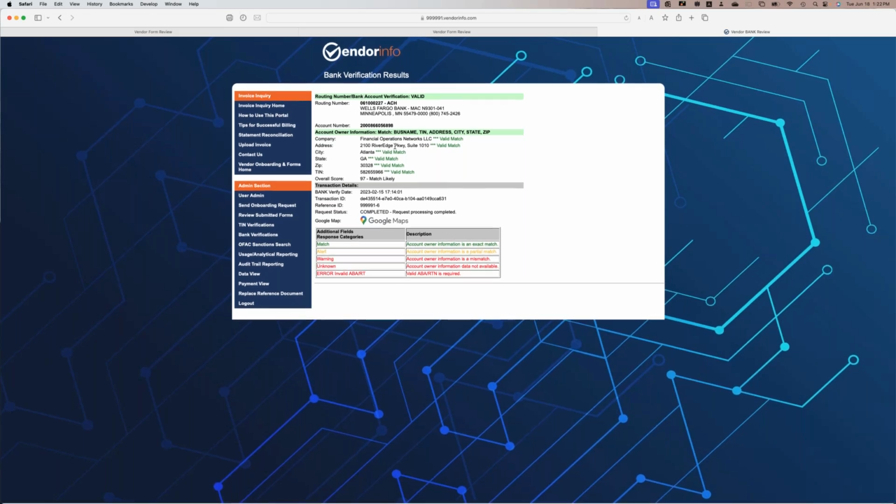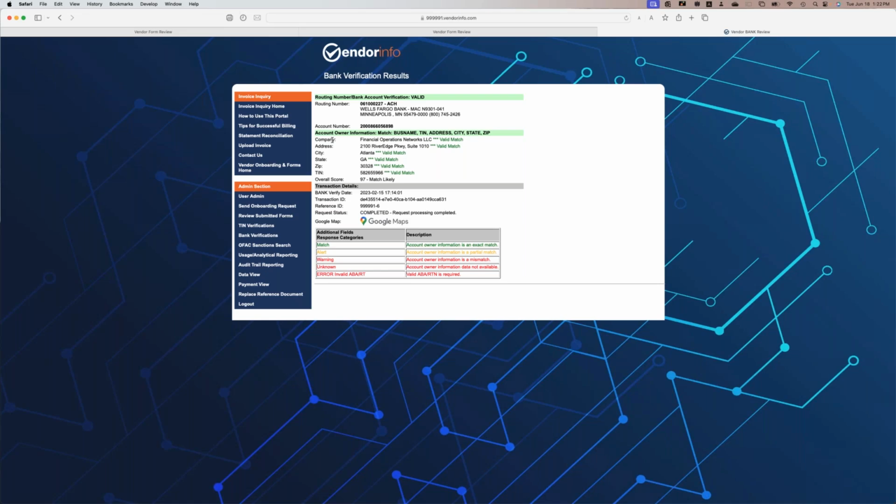It also matches on information that the bank has on file for the organization name, or if it's an independent contractor, the individual name, the street address, the city, the state, the zip, and the taxpayer identification number with which that supplier opened their account with the bank. Everything is green. It's looking pretty good.